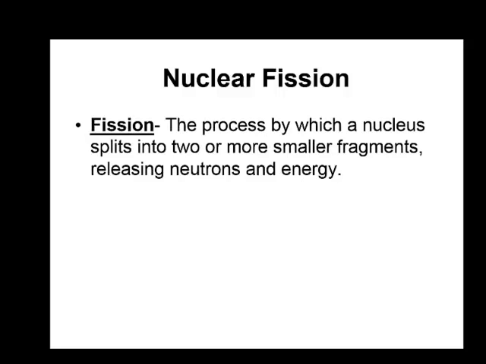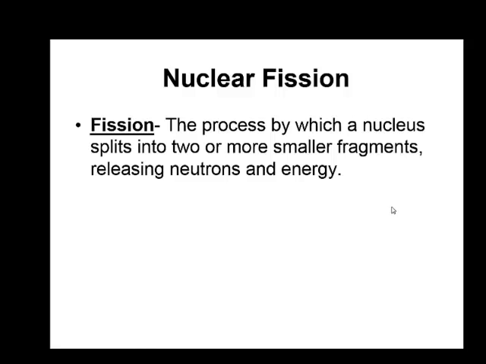So one type of radioactivity is called nuclear fission. Fission is defined as the process when a nucleus splits into two or more smaller fragments and it releases neutrons and energy. As nuclei split apart, you're going to release some extra neutrons, and then you're also going to release some energy. That massive amount of energy is the radiation that gets released